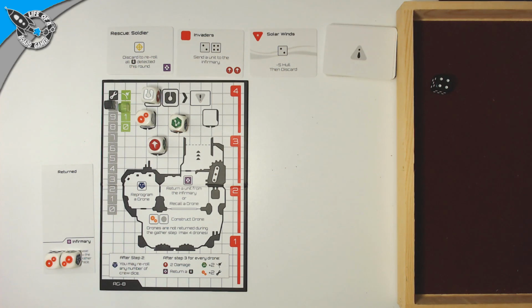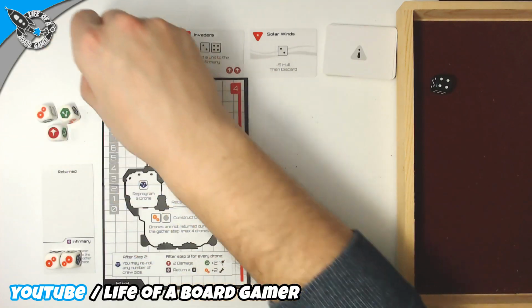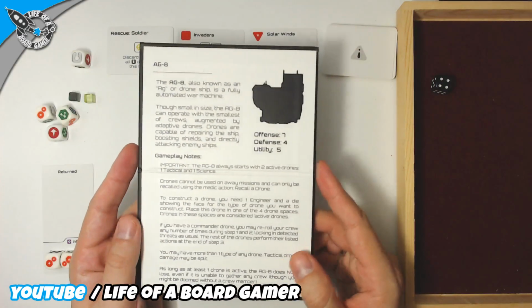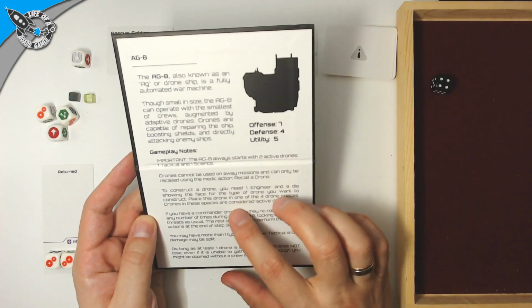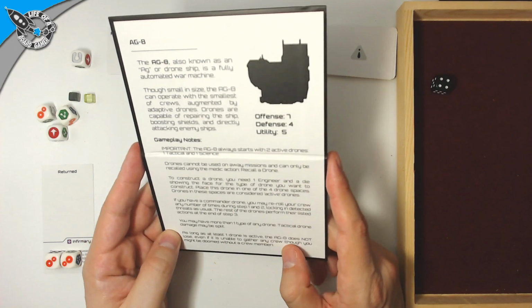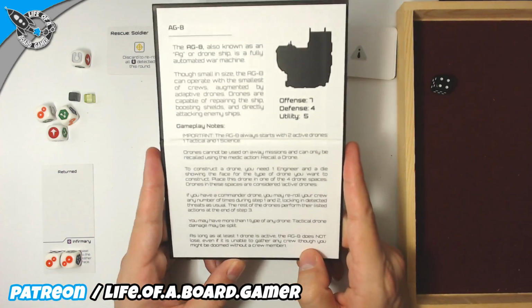Okay, nothing over here, but there is some information on the other side of this one, so we're going to check that out. So these were our drones. This is, of course, we know what, and I have full shields and everything. So let's see. On the back side of each of these ships, I think I never showed, you have like a little story about the ship and some gameplay notes. So drones cannot be used to construct a drone. As long as at least one drone is active, the AG-8 does not lose, even if it's unable to gather any crew, though you might be doomed without a crew member. Yeah, so